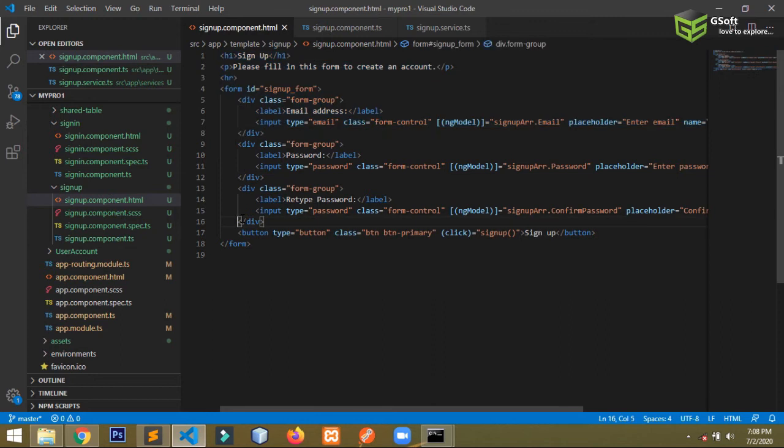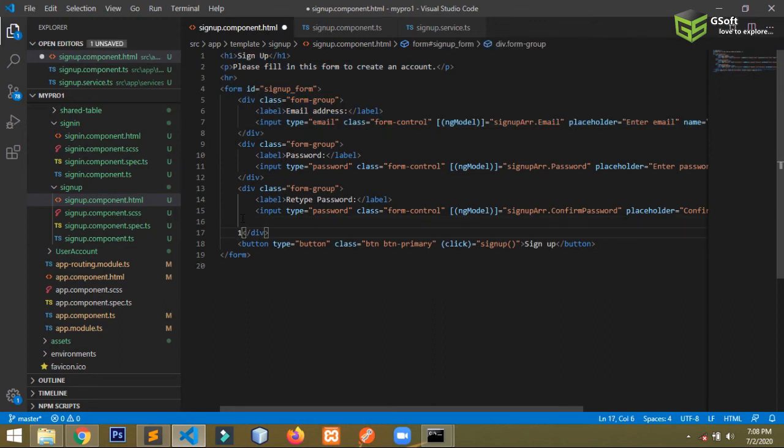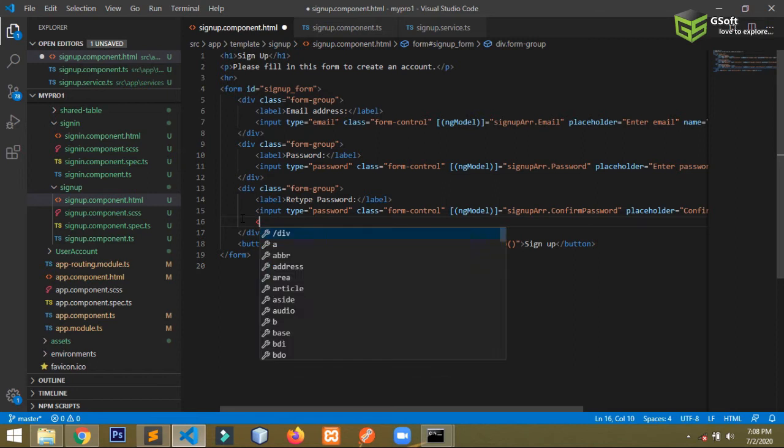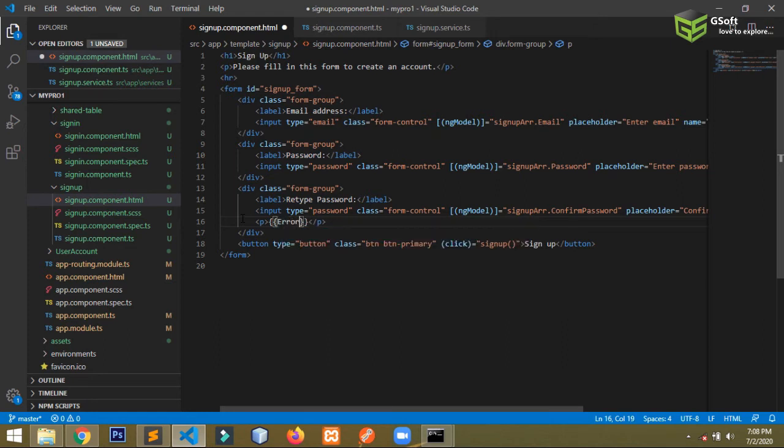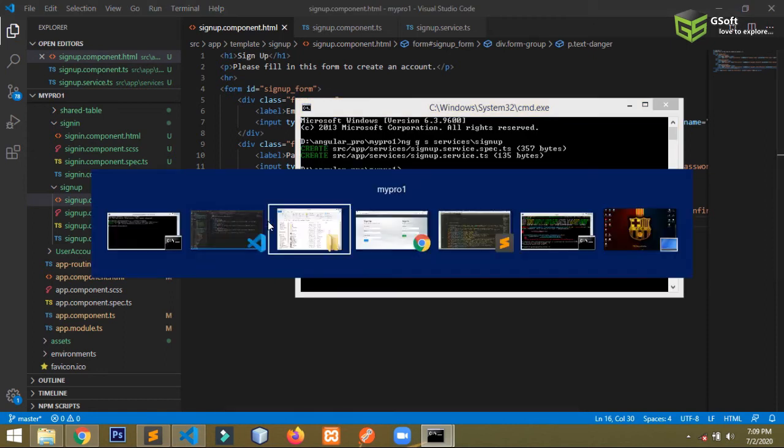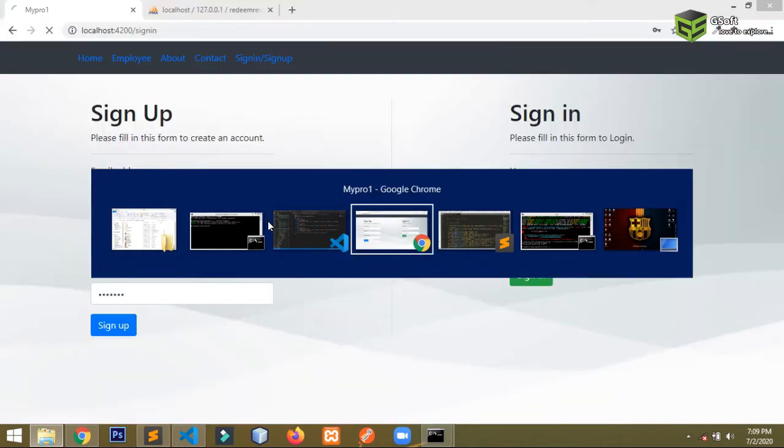So now here you have to write p tag, and inside the p tag you have to use interpolation here, and here I will write error message, and I will give the class here text danger. And now let me run the program again and show you.